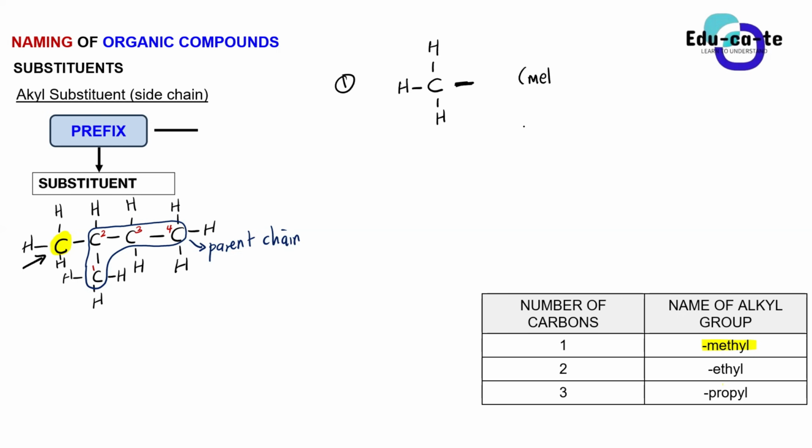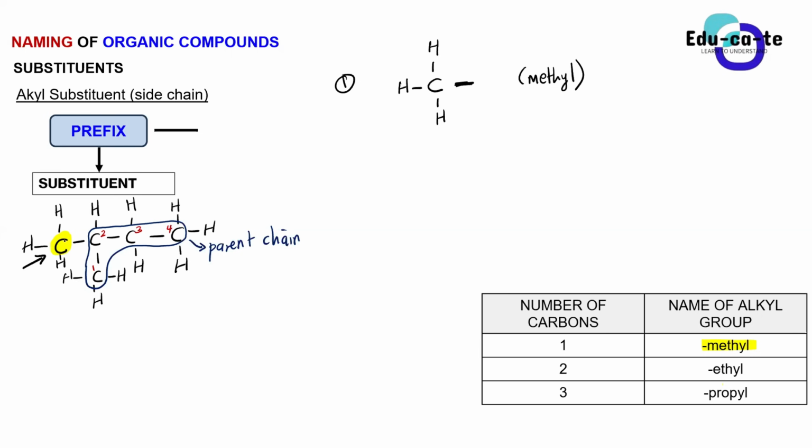So you write methyl and then you name the compound. But you must mention where this methyl group is found. Here in this case, we numbered our carbons in this way, 1, 2, 3, 4. So on which position is our methyl group? On which carbon? Basically, that's what I'm asking. Yes, Shadrach. It's on carbon number 2, sir. Yes, it's on carbon number 2.